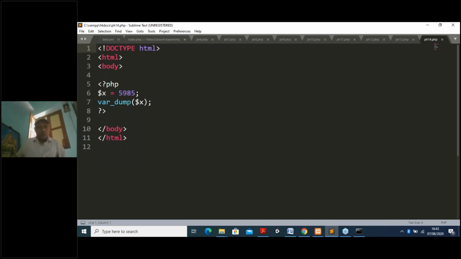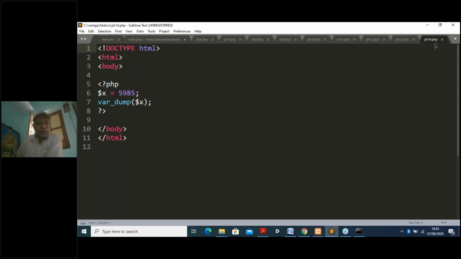Now you see, I want to know the data type of the variable you have declared. How do we do it? Okay, remember this. When I am to check the data type of the variable I have declared, because here we don't declare the data type like integer, boolean. We don't declare all the things. Okay, then what is it? So I declared $x, which is equal to 5985. Automatically it will map because it is an integer. Suppose I declare $x, which is equal to 59.40. It will go to the decimal number system. Suppose I give true and false, it will automatically say it is boolean. Whether it is saying or not, let us check.